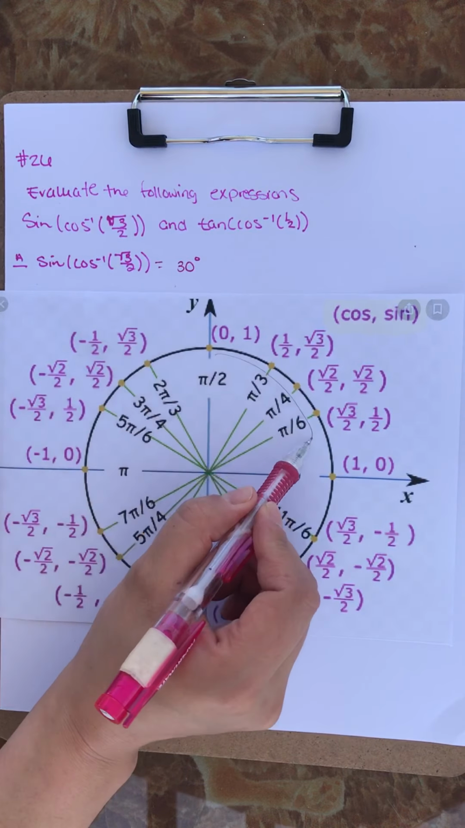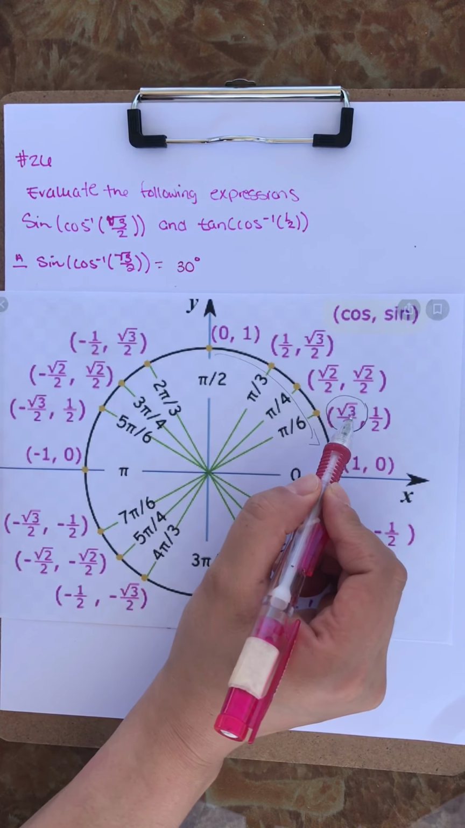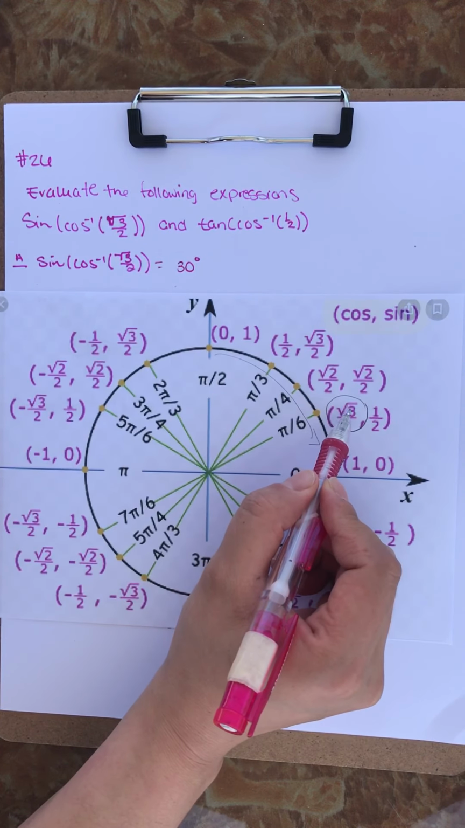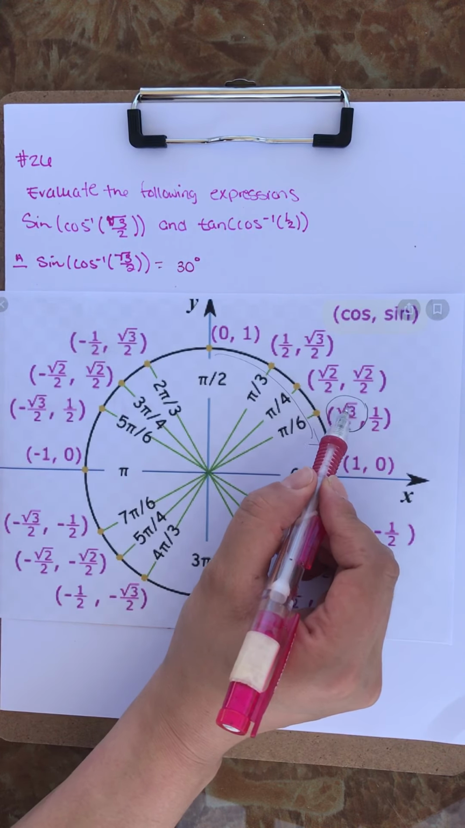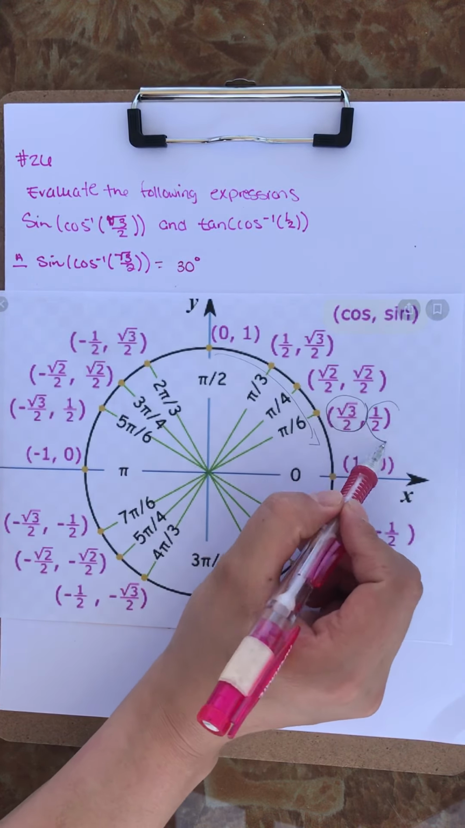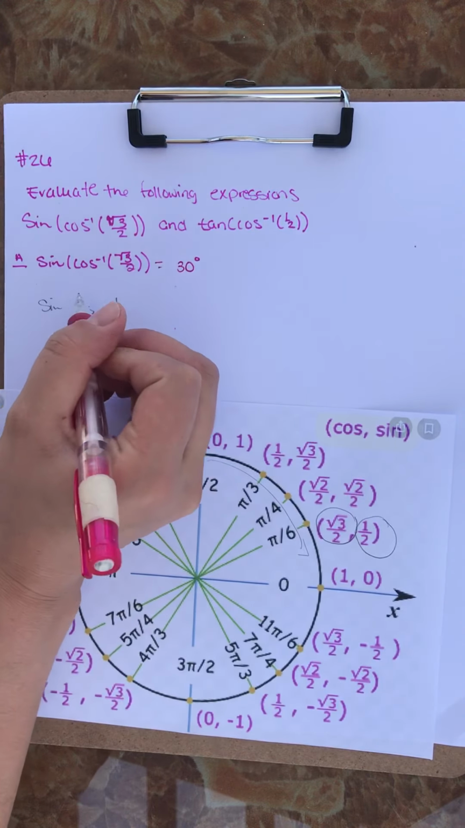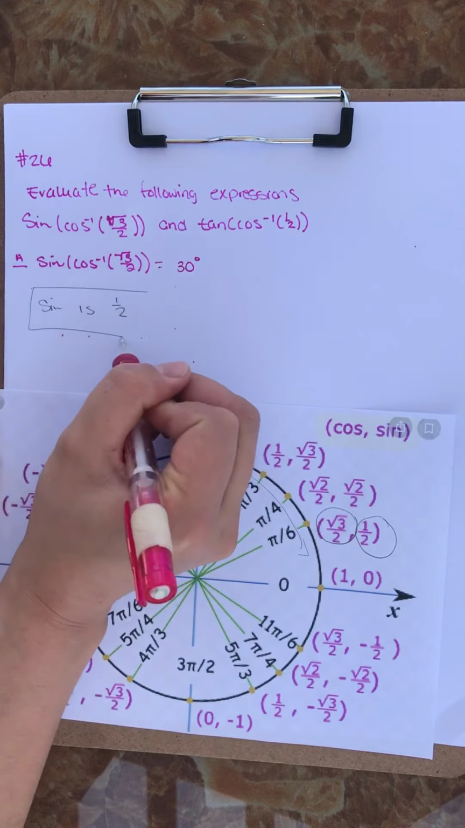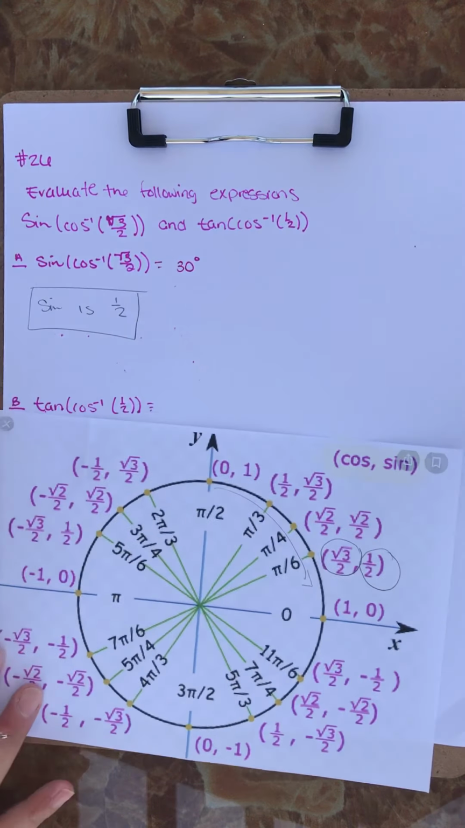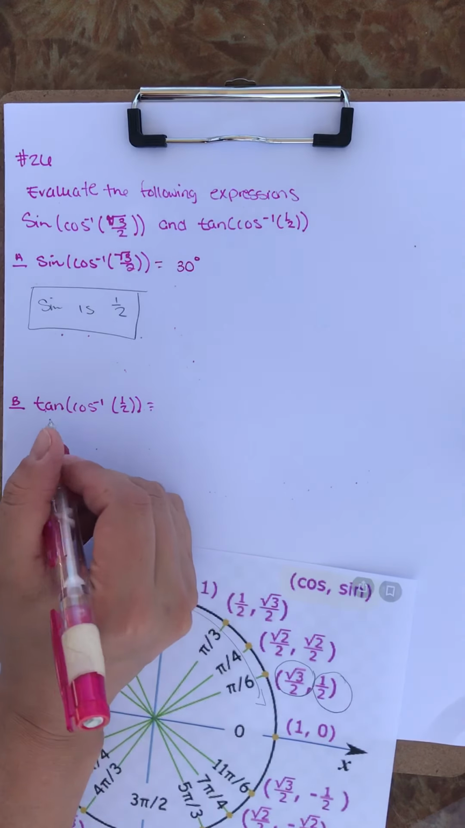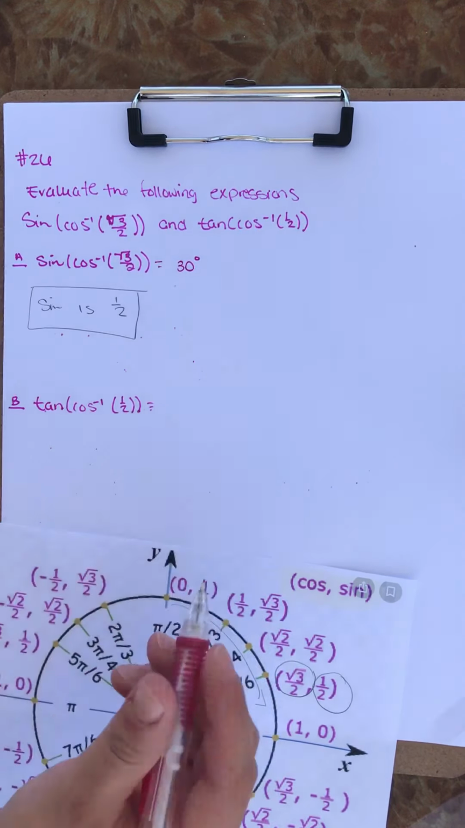So we would go clockwise this way, and our first value that we come across when cosine is the square root of 3 over 2, we have sine's value of 1/2. So we automatically know that sine is 1/2 when cosine's inverse is the square root of 3 over 2. For the second part, what tan is when cosine's inverse is 1/2, that one was a